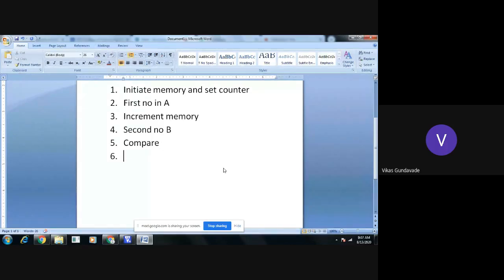If the second number, that is B, is greater than A, we need to shift that number into the accumulator. After comparison, if both numbers are equal, then we need not do any processing, no modification.